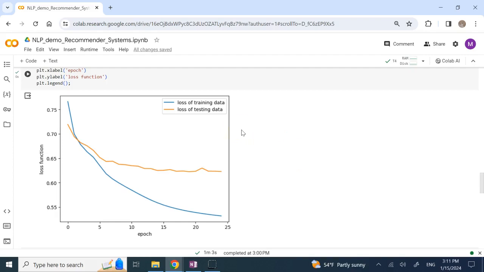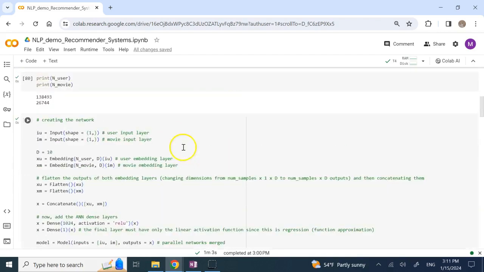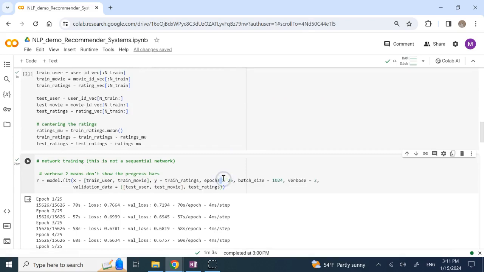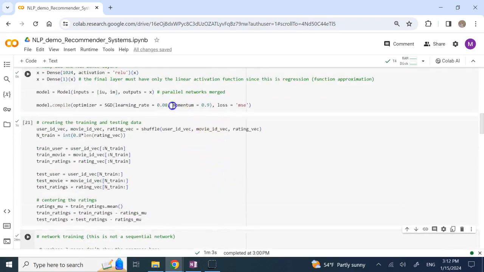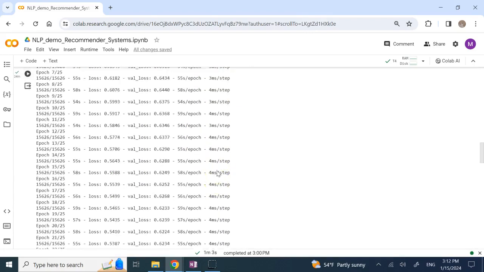So what you want to do in this case is, if you want, you can go back and change your learning rates. You can change your momentum, right? And you can try it again, maybe this time with more epochs if you use a smaller learning rate and more momentum. And you might be able to achieve a better result.